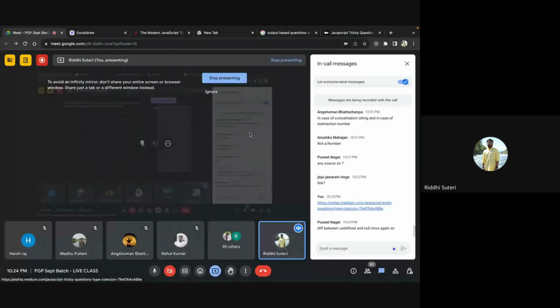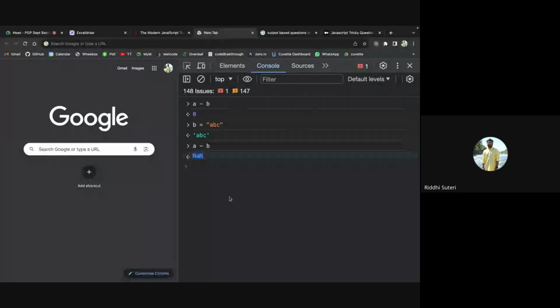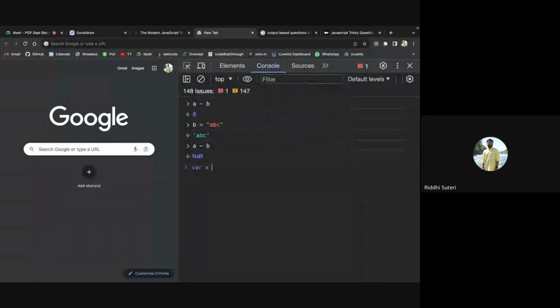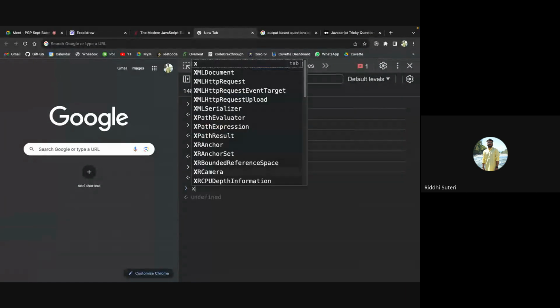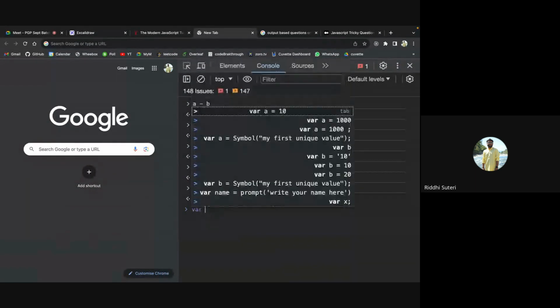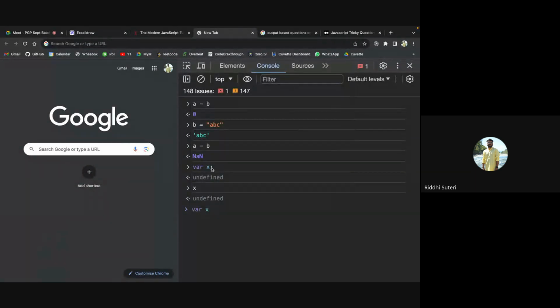In here, I might not have shown you an example of null. So suppose I define a variable x, var x, that's it. If I have defined it this way and print the value of x, it will give undefined. But what if I don't want to say that I have defined some value for x? I want to define it, but I want to define it empty. This is what I can do, and x will be null. That is the difference. Undefined means you have declared the variable but have not given it a value. Null means you have explicitly said that you want to make it empty. That's how it works.